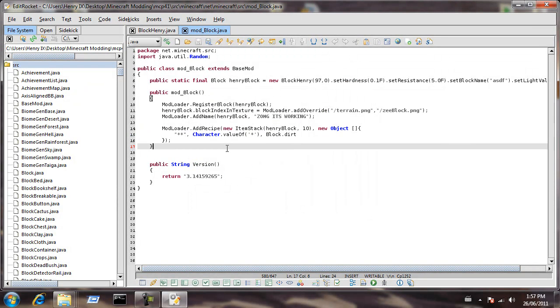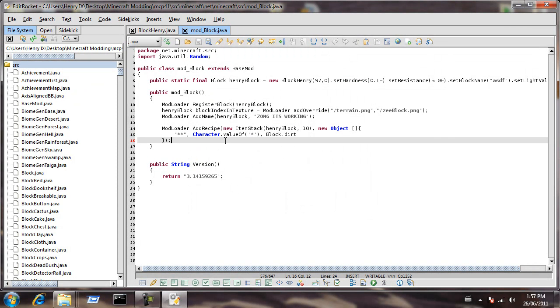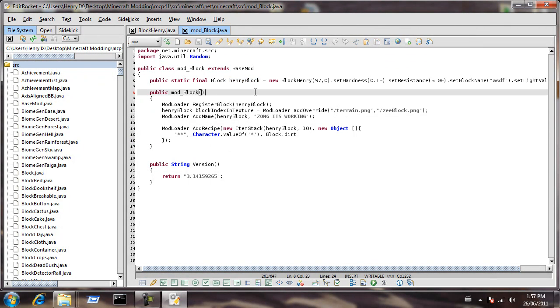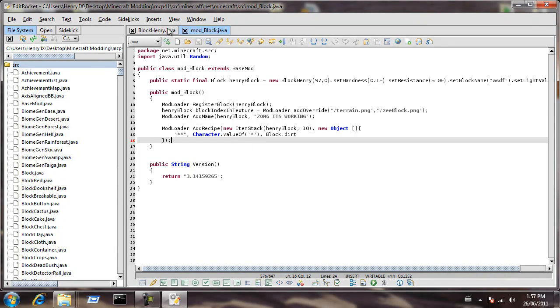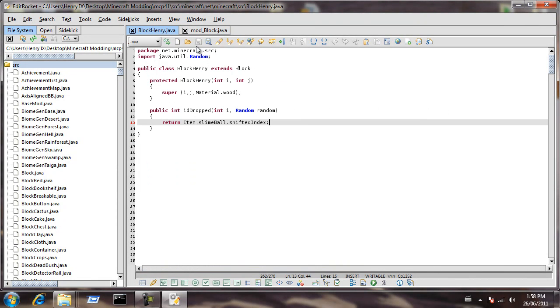So, now that you have watched that tutorial, I assume, all we have to do is make some modifications to the block that we made in that tutorial. So we have, if you remember, Henry block, and yes, where to start? Okay, first of all, I'm going to go into blockhenry.java, and I'm going to change the return item to